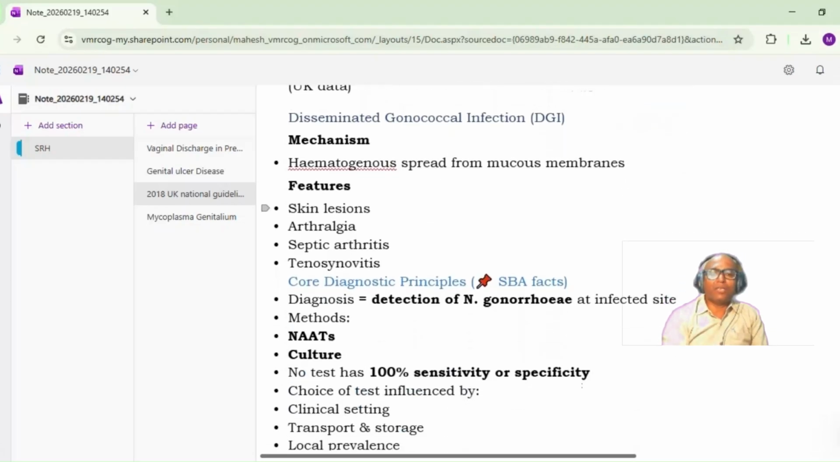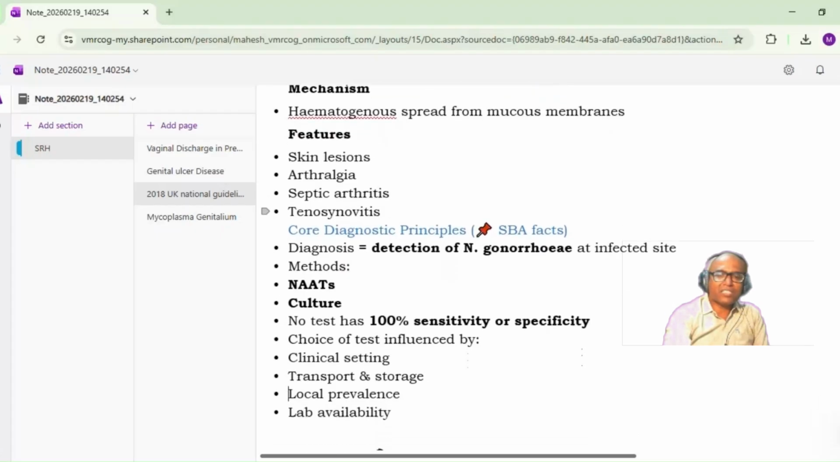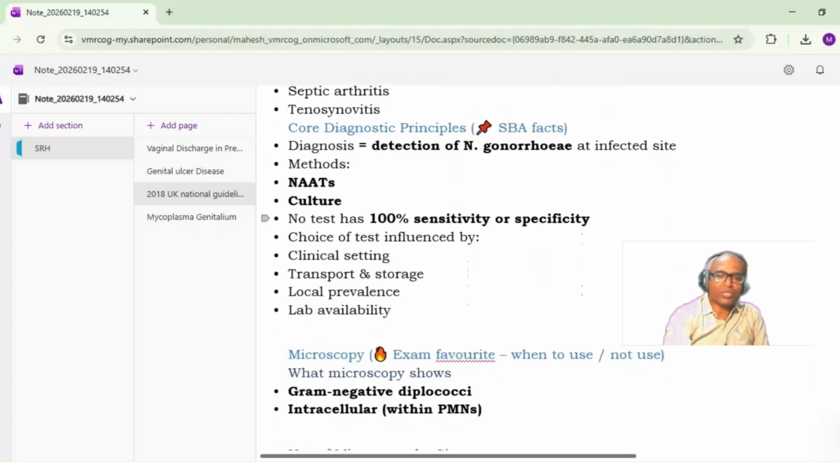Coming to the diagnosis. Diagnosis is the detection of Neisseria gonorrhoeae at the site of infection. Methods are NAAT and culture. But what is the preferred method? It is NAAT, the nucleic acid amplification test, in most infections. No test has 100% sensitivity or specificity, so the choice of test will be influenced by the clinical setting, transport and storage, local prevalence, and